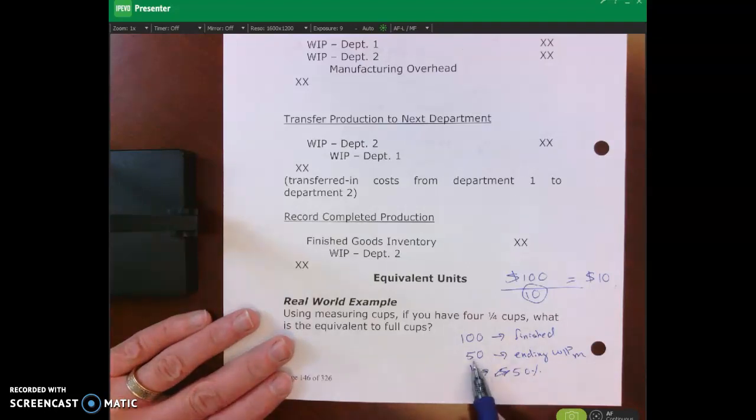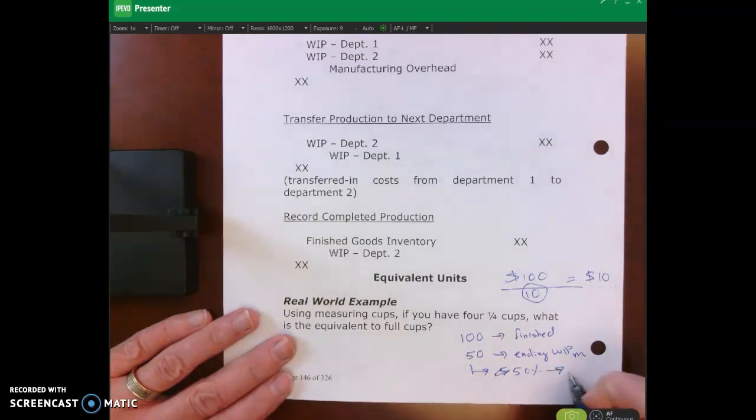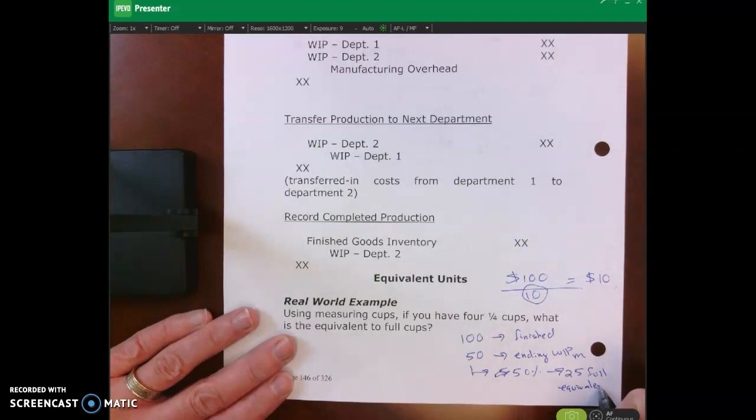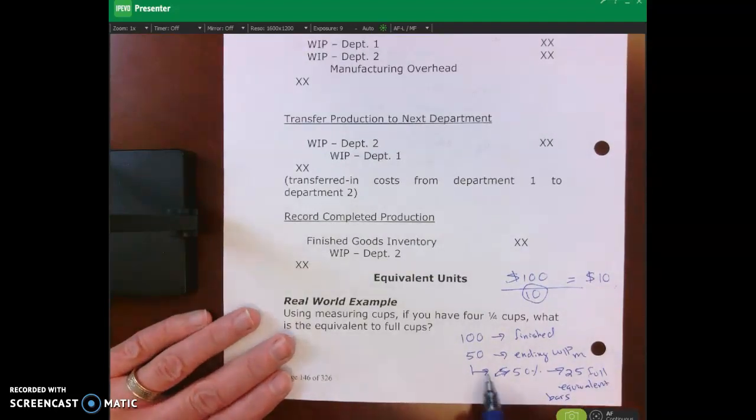So if I have 50 bars of soap and they're 50% mixed, what that really means is that I have 25 full equivalent bars of soap. And so when I think about how many total bars of soap did I finish,